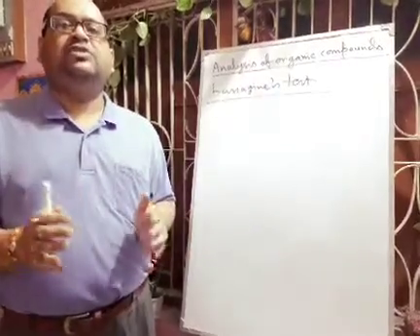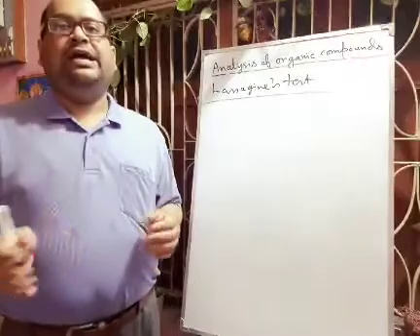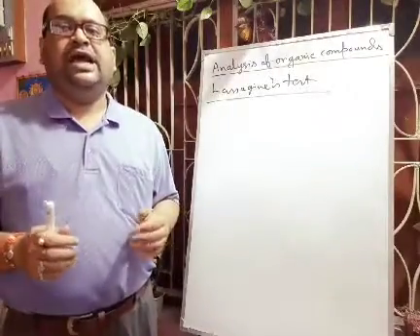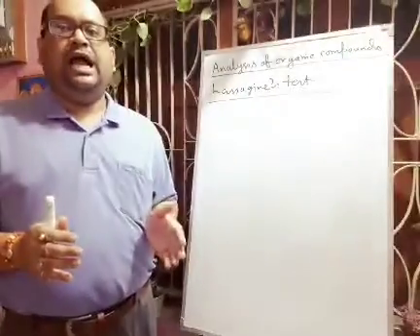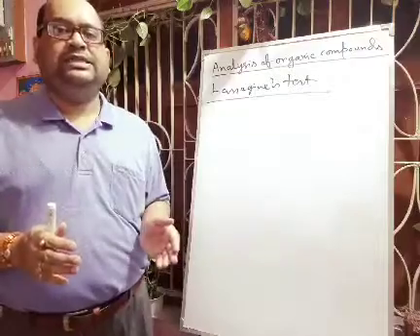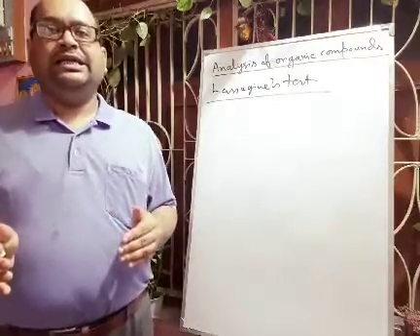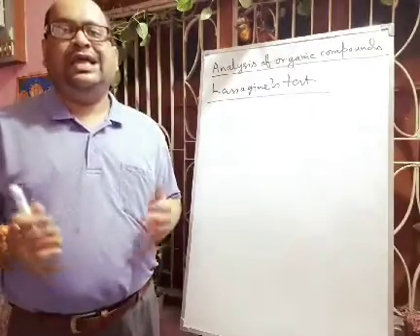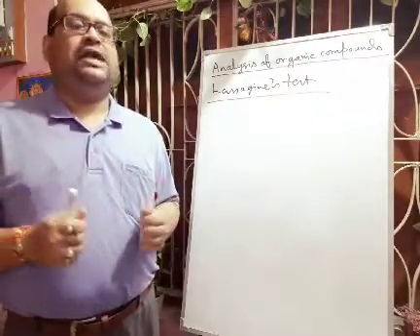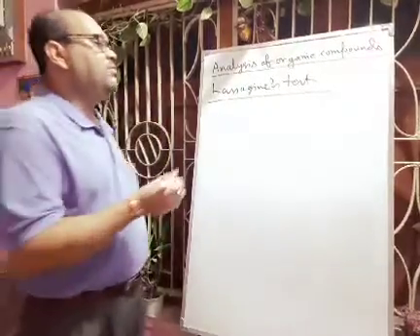So one part of the sodium extract is made alkaline by adding a few drops of sodium hydroxide, and the alkaline sodium extract is boiled with freshly prepared ferrous sulfate solution. Then you have to cool and then acidify with dilute sulfuric acid. Then ferric chloride is added, and you will get a Prussian blue or green coloration that confirms the presence of nitrogen.